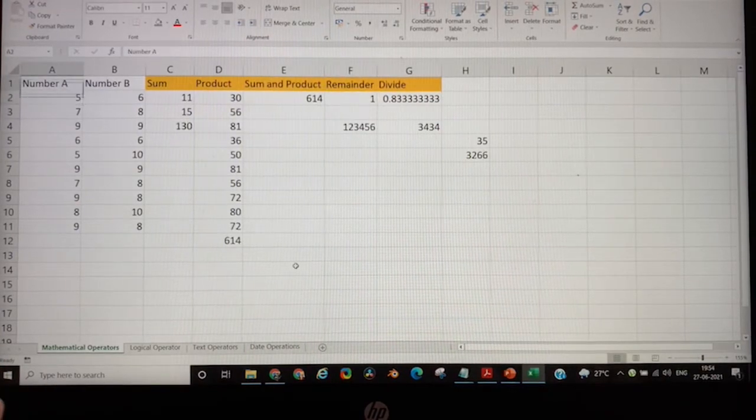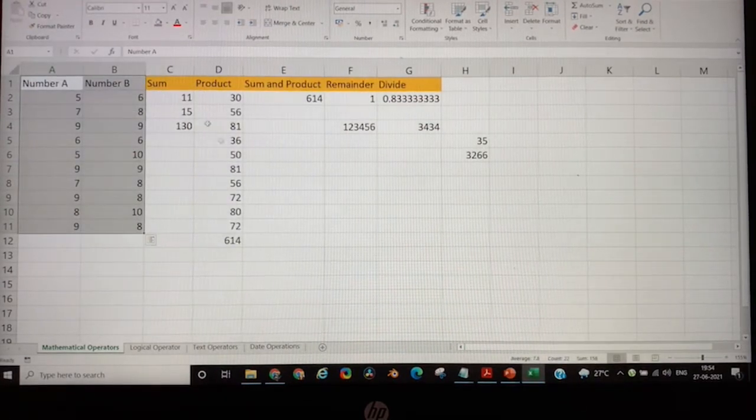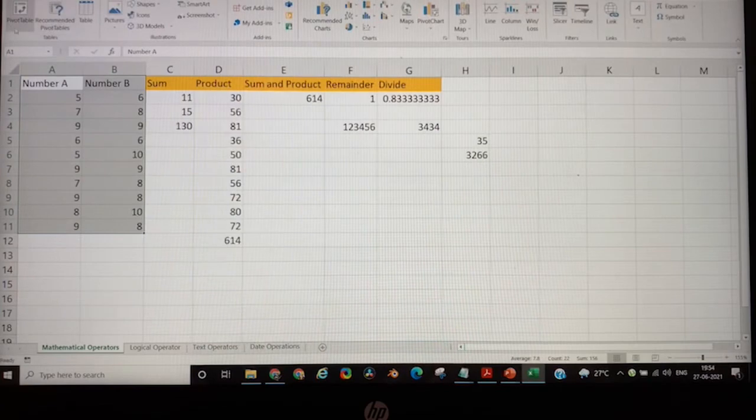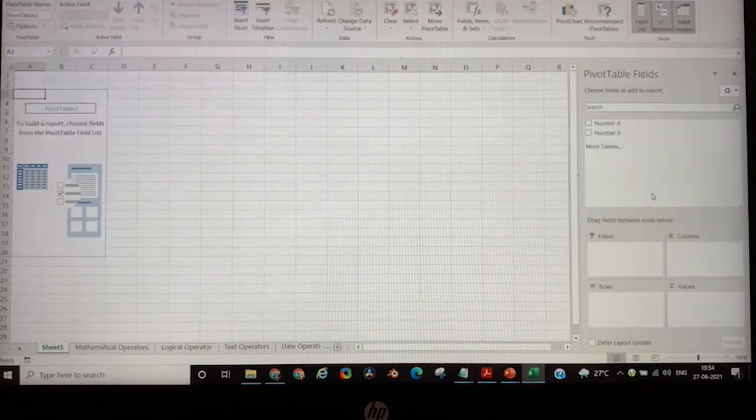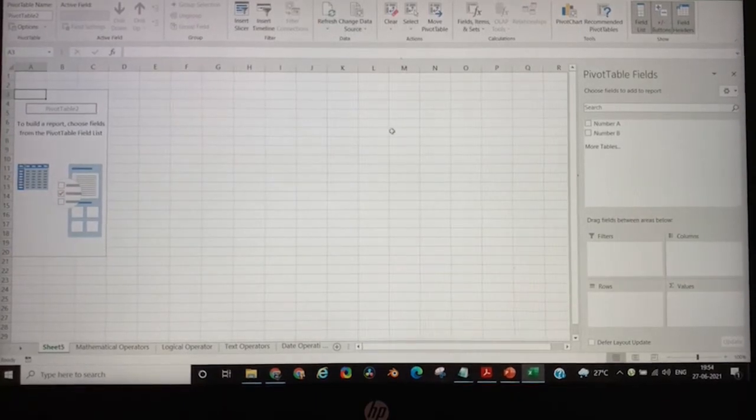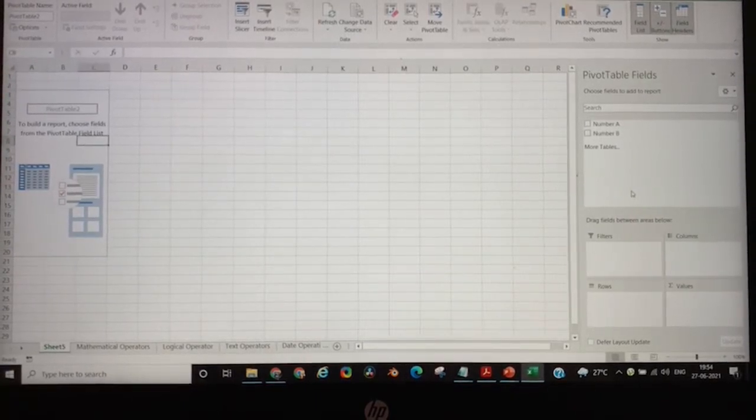Okay, somebody asked about the pivot, so let me quickly create a pivot for you. If I select this, and guys, I'll take a separate session on pivot, don't take it as a complete session on pivot. Okay, now that I have created the pivot, the question the person has asked is how to operate it by keyboard. Whenever there is a graphical element to something, you need to drag it, you need to drop it. It's very difficult, but I'll still try and see if I can do it. I have never tried it.